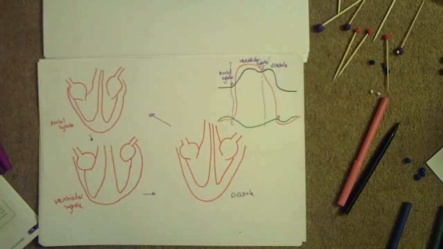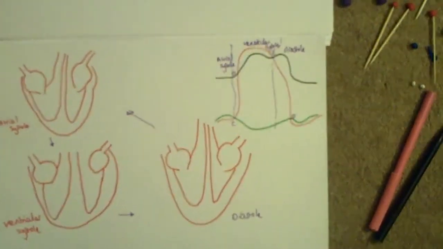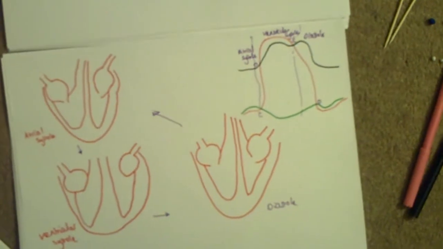In the cardiac cycle, the most important thing to remember is that blood moves down a pressure gradient, and the pressure is created by the contraction of the muscles in the walls of the chamber that the blood is moving from. So if you start with atrial systole over here,